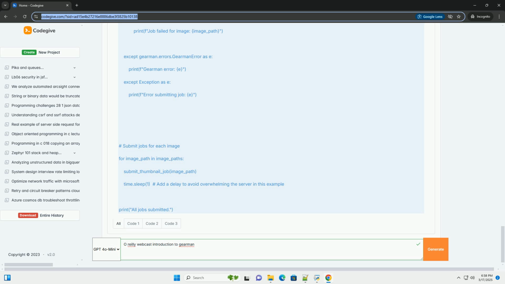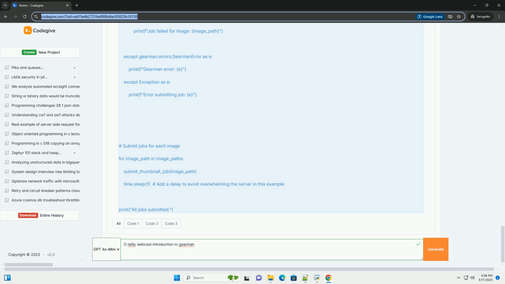3. Worker: an application that registers with the Gearman server and declares its ability to perform specific tasks. When a job is available for a task the worker has registered for, the Gearman server assigns the job to the worker. The worker executes the job and returns the result to the Gearman server, which then forwards it to the client. Workflow: 1. Client submits job: a client application sends a job request to the Gearman server,